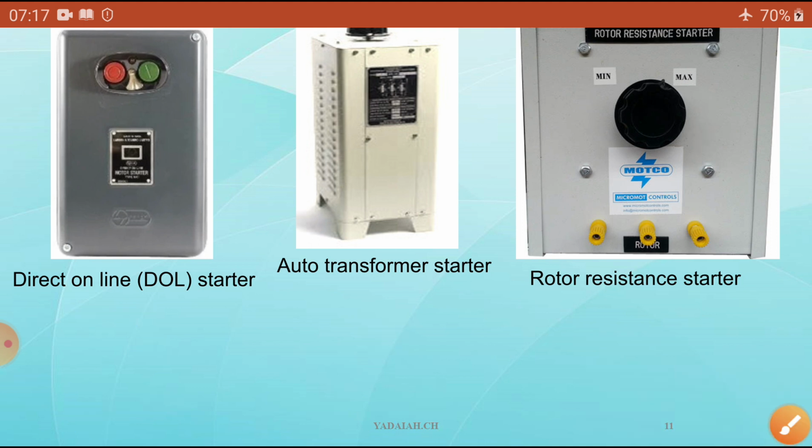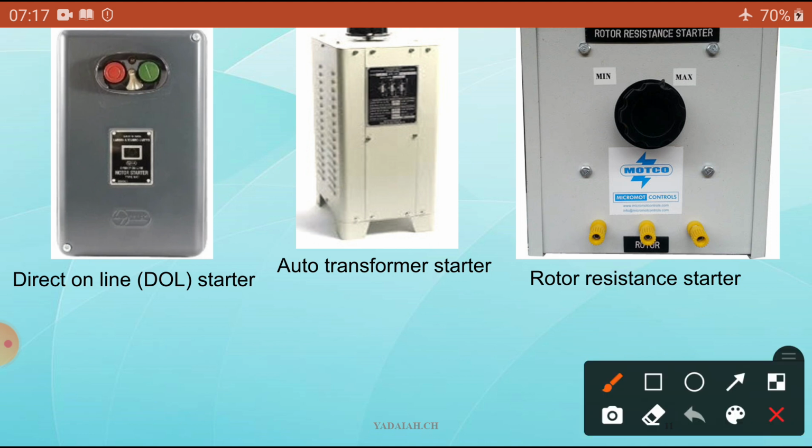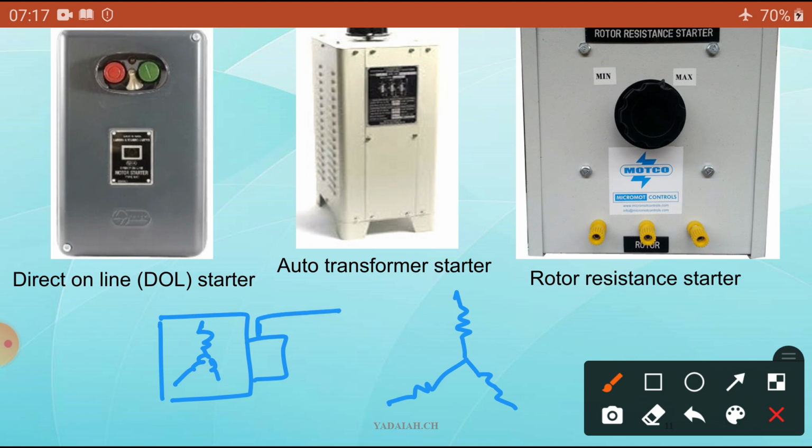How will it be? Suppose for example this is the resistance, and this is the resistance, and this is the resistance. Okay. Our winding also has 3-phase windings connected in star inside the rotor winding, and 3 terminals coming from the slip rings. Okay, so now it is connected to this one, and this one, and this one. That means what will happen? Whatever the winding is, the resistance is connected in series.